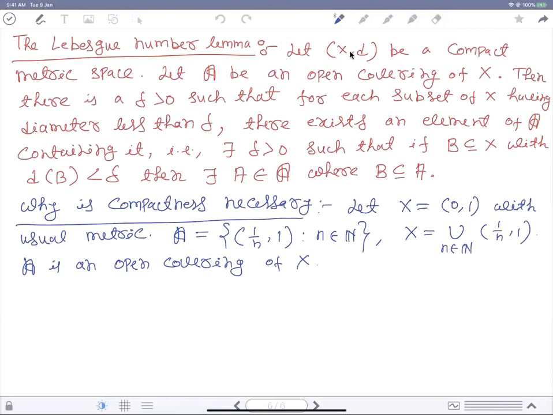Why? Now let delta greater than 0, some arbitrary small number. Now take my set B equal to, say, (0, delta/2), and that implies the diameter of B equals delta/2, which is less than delta, right? Now we claim that there is no element from A which will contain B, because any element